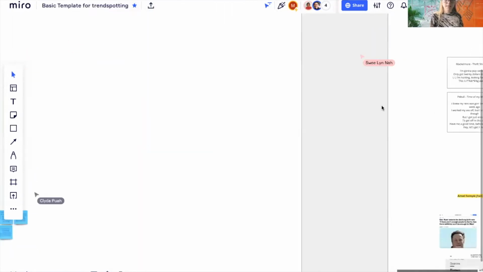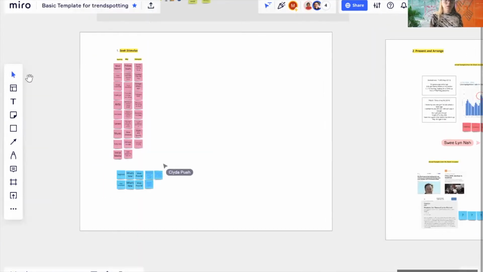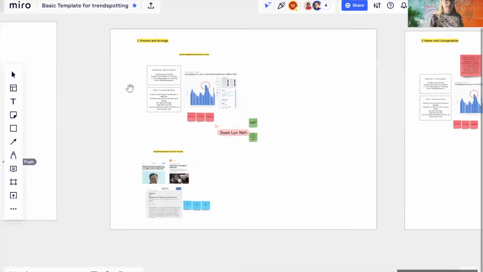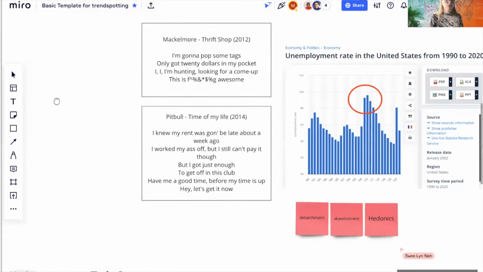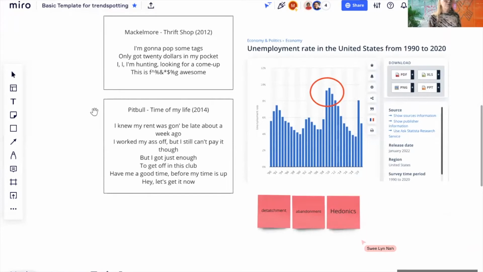The second step is usually to present and arrange. So I'm just going to give you one example from the early 2010s. These are bits of two specific songs. One is from Macklemore. It's called Thrift Shop, and the song was that song,